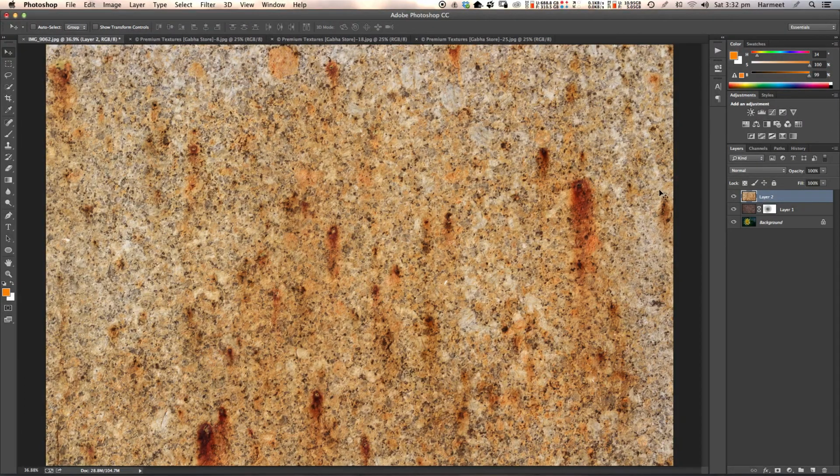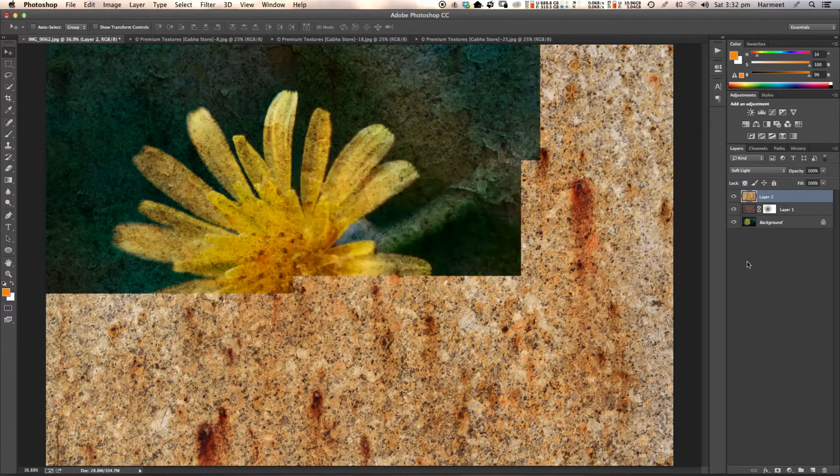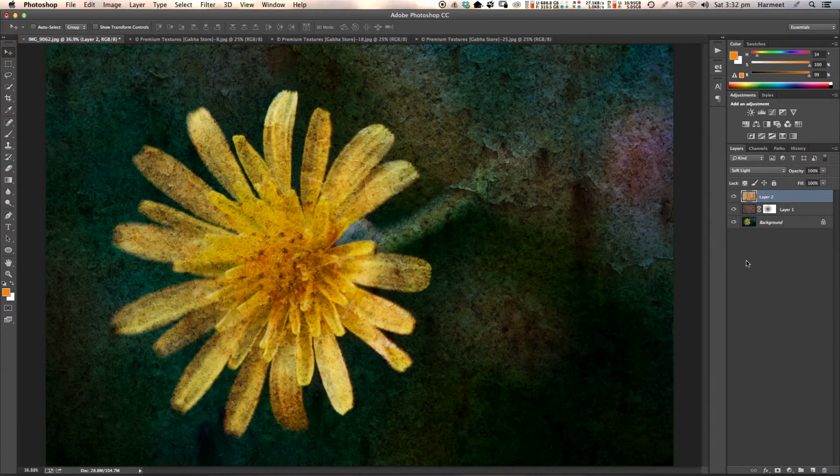Okay, so zoom back in, apply, let's try overlay or soft light on this one. Oh, nice. I like how it warms up the image a little bit and also gives some orange and burnt feeling to the petals there. Okay, I like that. Again, I'm going to apply some masks to it and go back to my brush tool,